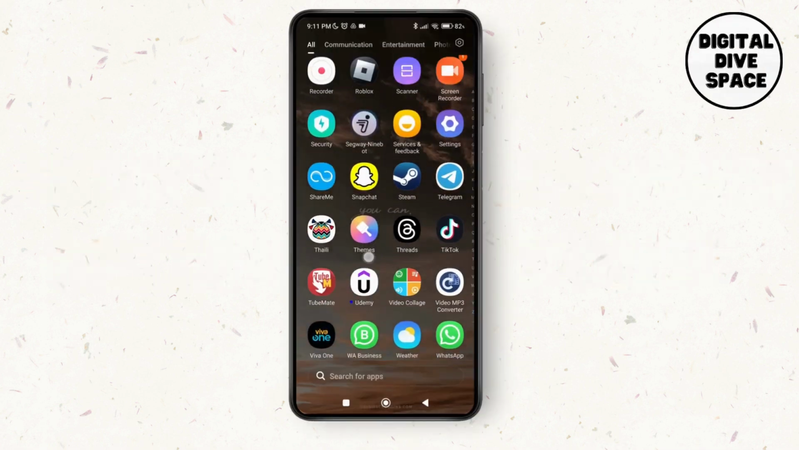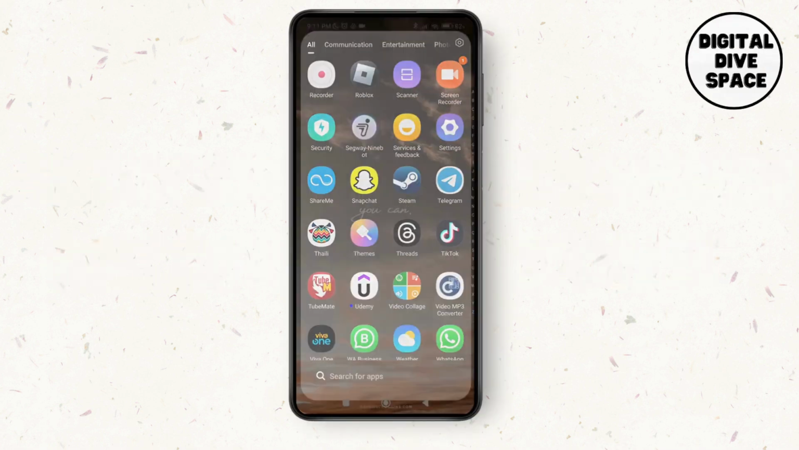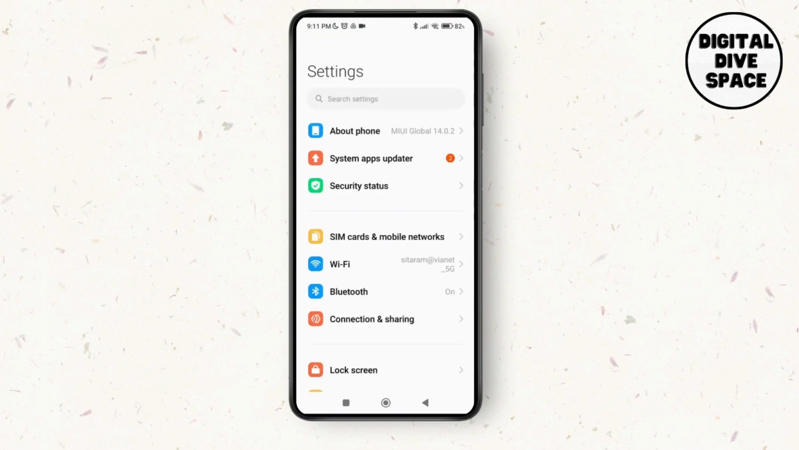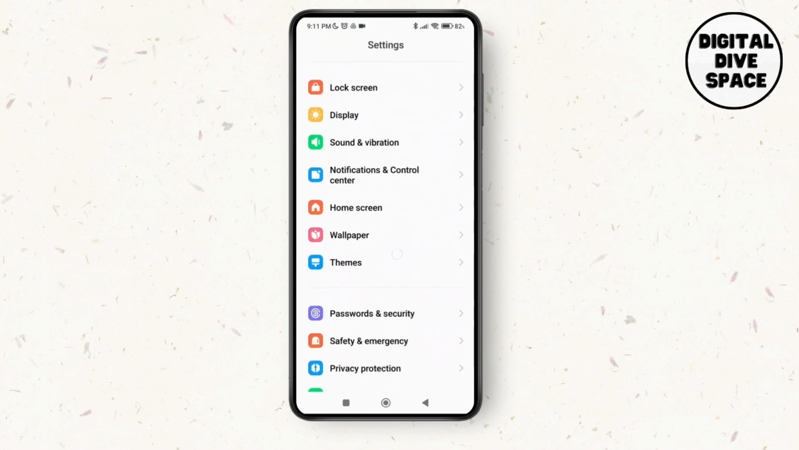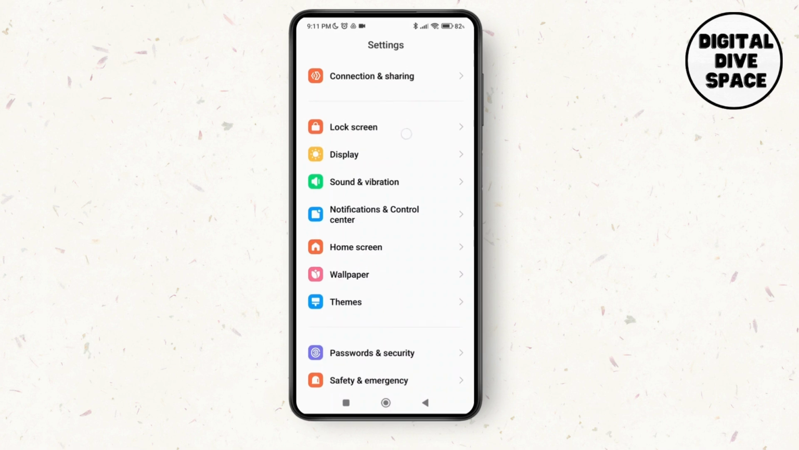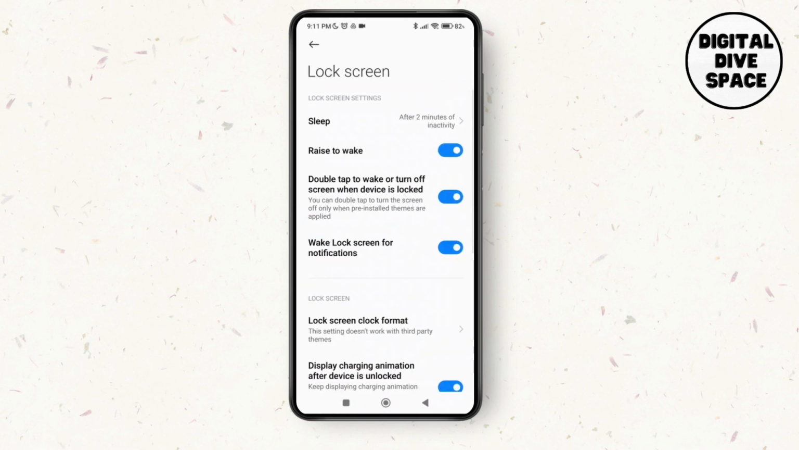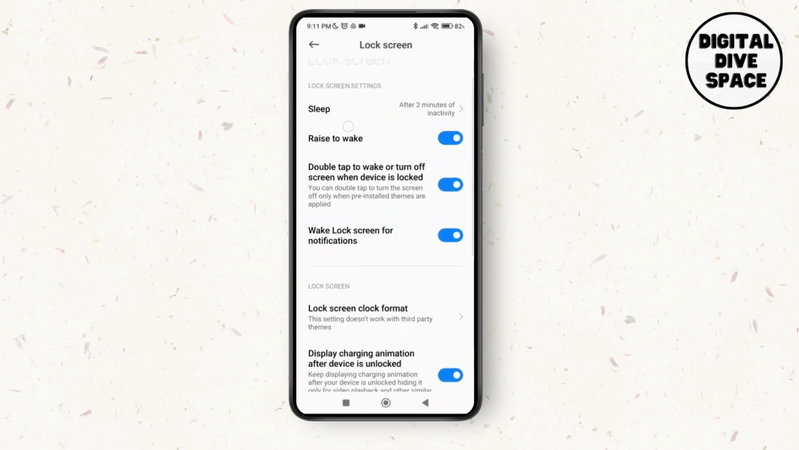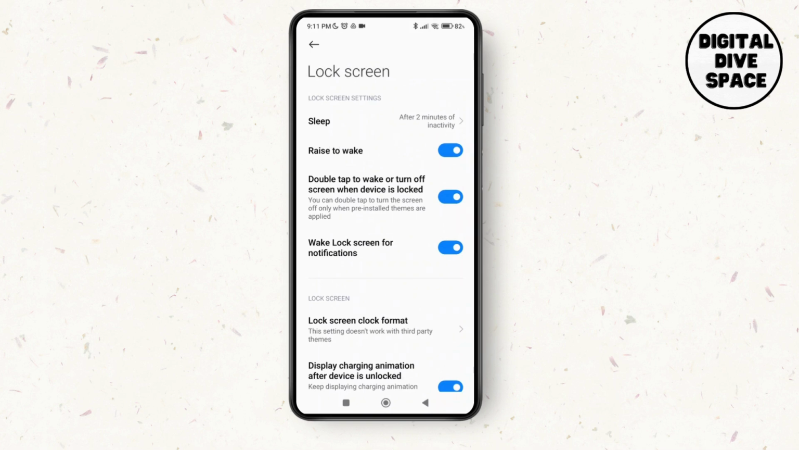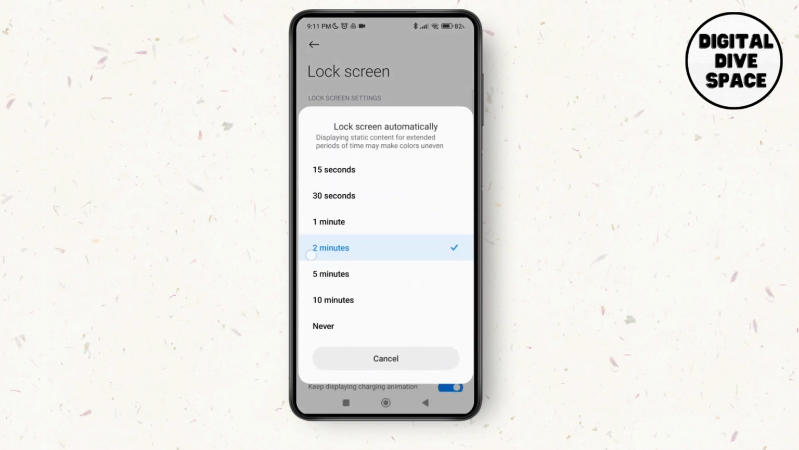So first of all, launch the settings application on your device, and as you tap on settings of your device, scroll down and you'll be able to see the option of lock screen. So tap on lock screen and then you can see the option of sleep over here at the very first option. So tap on it, and as you can see right now there's 2 minutes of sleeping option that has